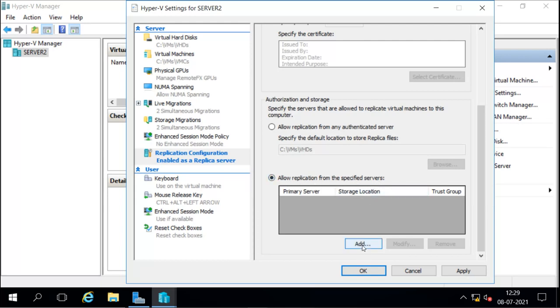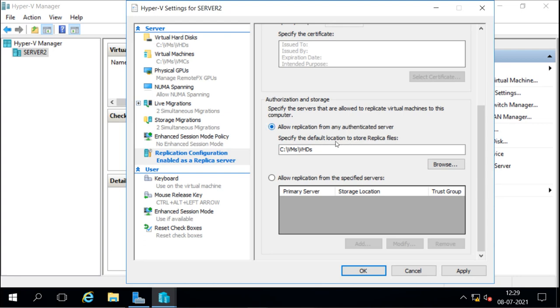You can add the server here. You can create a trusted group from which you can accept the replication, and you can mention the storage location where your replication data will be stored, or you can just accept from everywhere. Allow replication from any authenticated server.